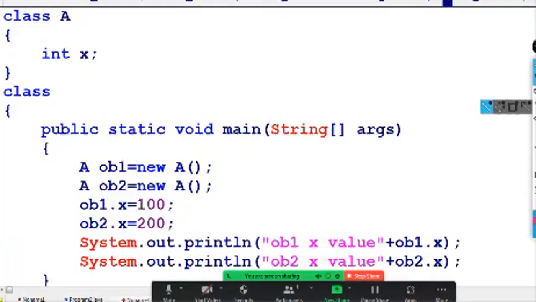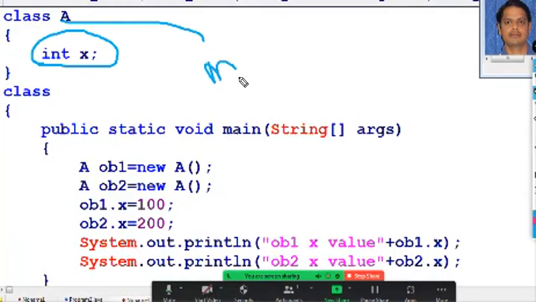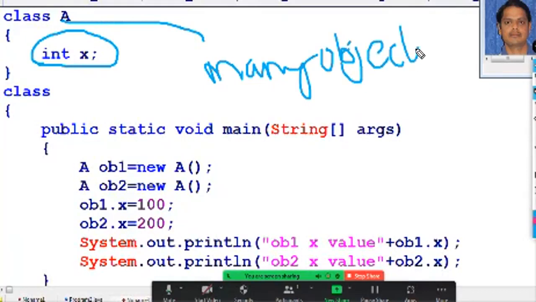Again, listen carefully. What is happening here? Here you are creating two objects. x is the one member. For one class, we may create many more objects. Every object will take a separate memory location. The instance variables, strictly I mentioned here, x is the instance variable.